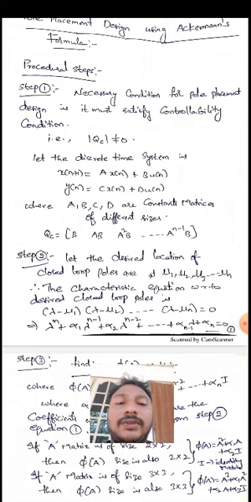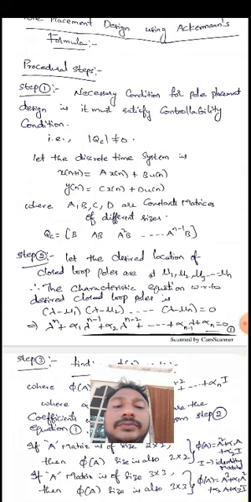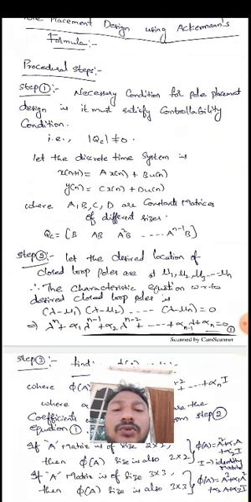I am taking the values of those closed loop poles as mu1, mu2, mu3, and so on, mu n. If the A matrix is of size 2 by 2, they will provide only mu1 and mu2. If it is 3 by 3, they will provide 3 poles, so we consider mu1, mu2, mu3. Now here the A matrix is of size n by n, so I am considering n variables. Therefore, the characteristic equation with respect to those desired closed loop poles is lambda minus mu1 into lambda minus mu2, and so on, lambda minus mu n equal to 0.